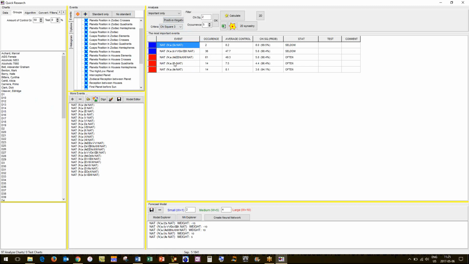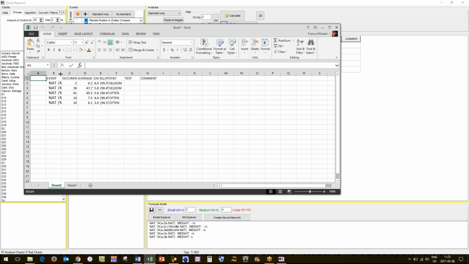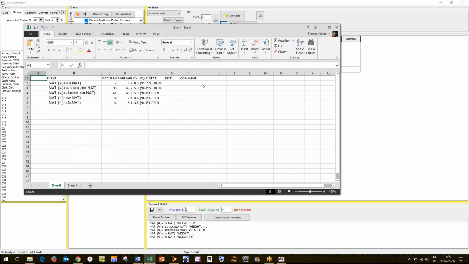So again, what we're going to do too, as you can see here, you have this Excel diskette. A lot of times, if you're writing a paper, we want to record this, and if you're doing a quick little study and you want to show this, you hit the Excel button, and as you can see down here, it's going to pop up a window, and it gives us all that data. So now you can save this.